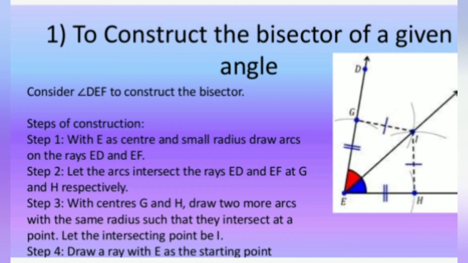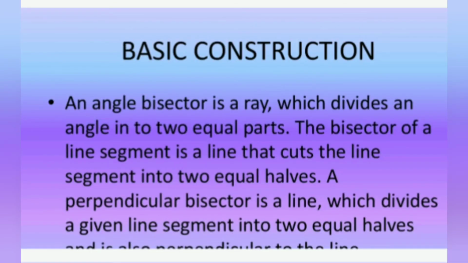So this kind of thing we will see in our exercise 2, and these are the constructions of bisectors which we'll see in detail. But today I am just giving the introduction of this. Later on we will discuss it in detail. So as you can see here, the construction of the bisector of a given angle. Here first we will draw the whole angle, as we are drawing 90 degree. Then we have to take a particular measurement and bisect it. That is a very important question.